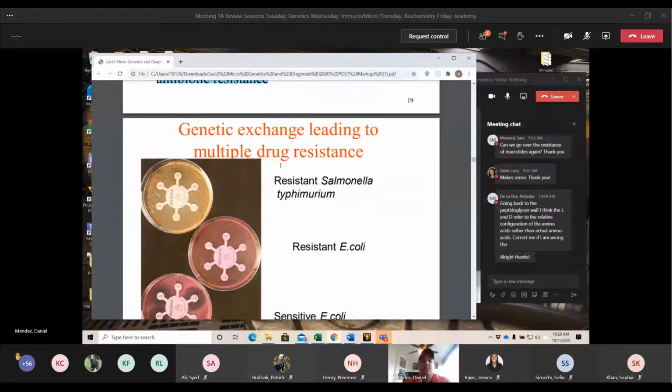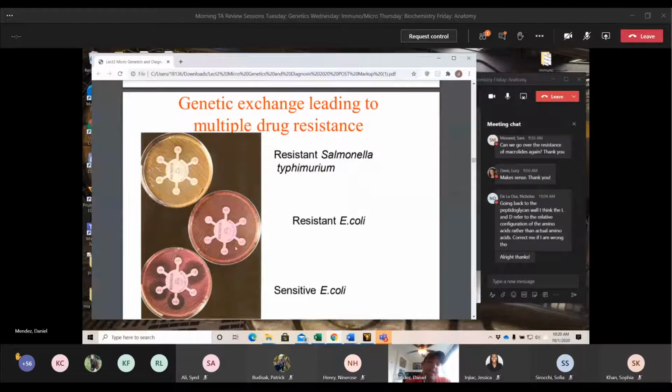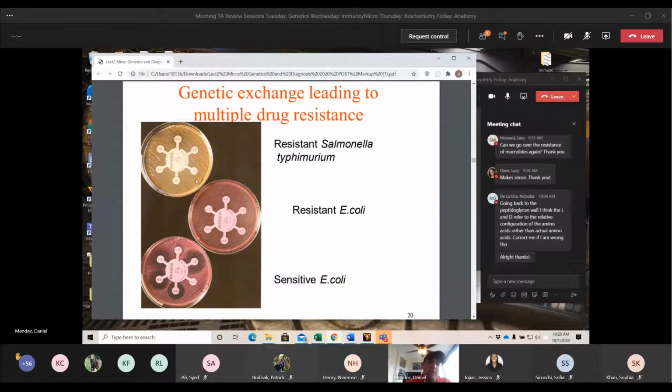So some of that drug resistance, this is an antibiotic resistance sensitivity test. So we get bacteria, we grow it on a plate, and then we put these discs. Each of them contains a different antibiotic, and that antibiotic will permeate through the media and will either kill off the bacteria or it'll show us that the bacteria is resistant.